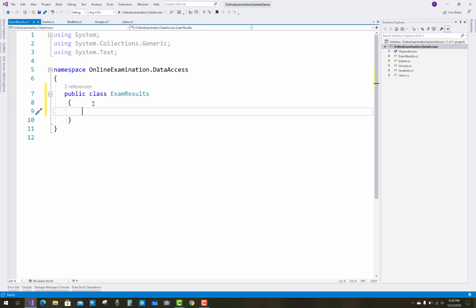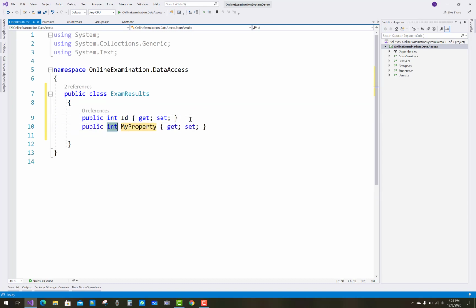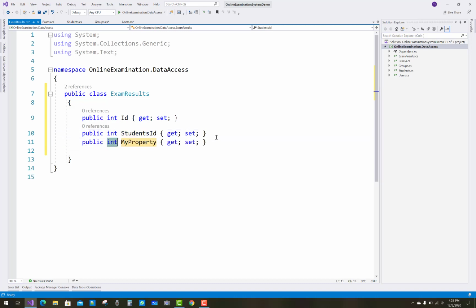Exam results have some properties like prop integer ID, prop student ID is also mentioned. So student ID, prop students.